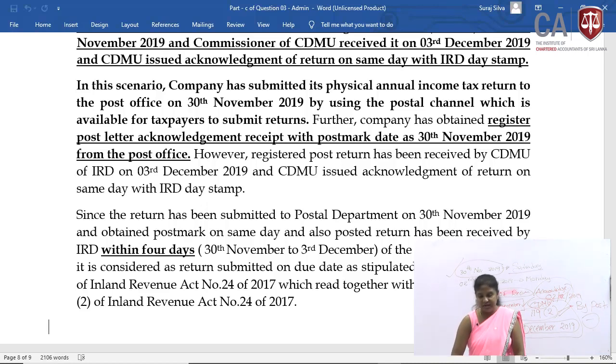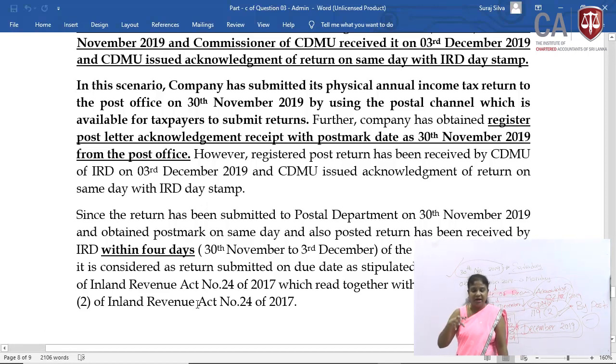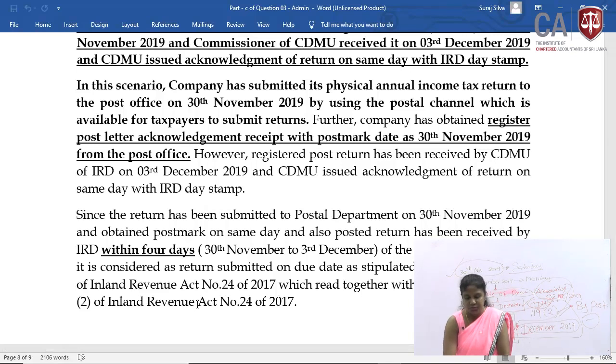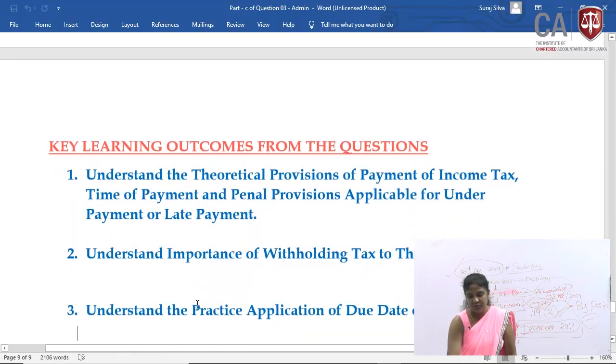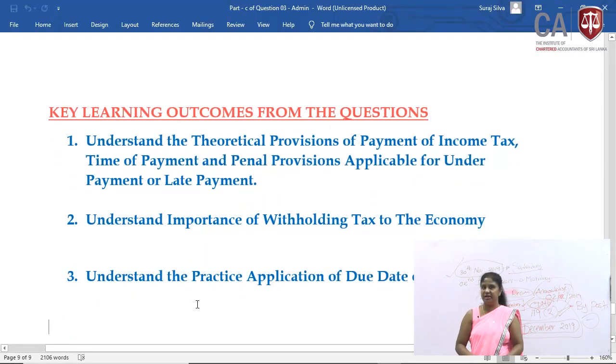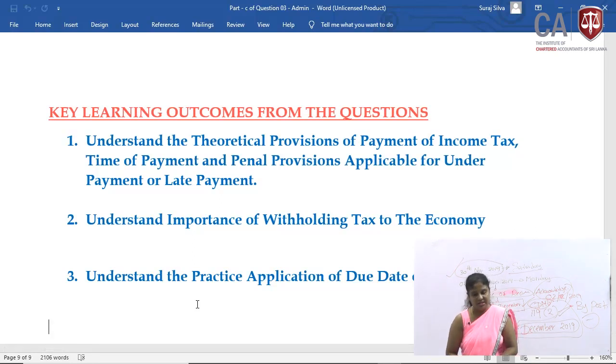Actually section 119 subsection 2, you can quote even subsection 1, but the main provision is section 119 subsection 2 of the Inland Revenue Act. I think you have a better knowledge, a wide knowledge, on section 119 subsections 1 and 2. Now we will go for what are the key learning points you have taken from these questions,